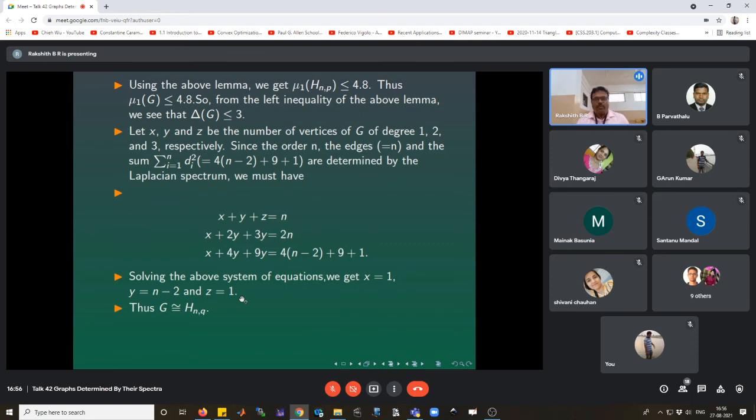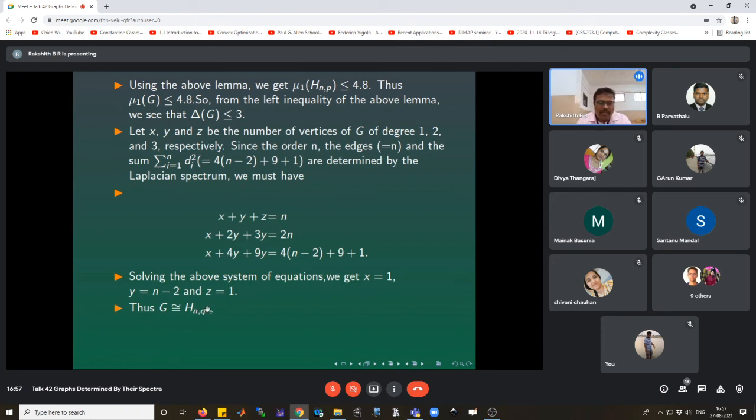Now if you try to draw a graph with this degree frequency, you can see that you will again get a lollipop graph itself. I'm not saying that it is exactly the same as the lollipop graph H n comma P, but it must look like some lollipop graph if you try to draw the graph with these degree frequencies. So it is clear that it must look like a lollipop graph H n comma Q,